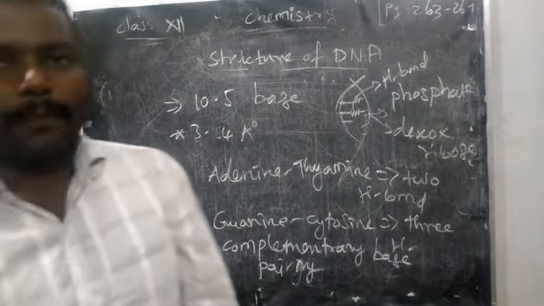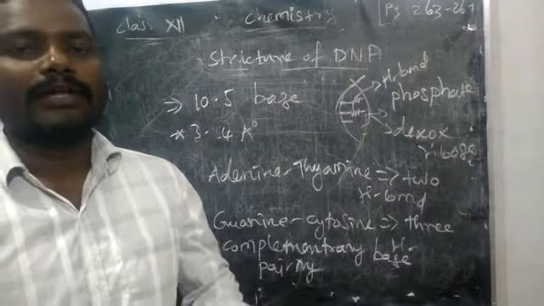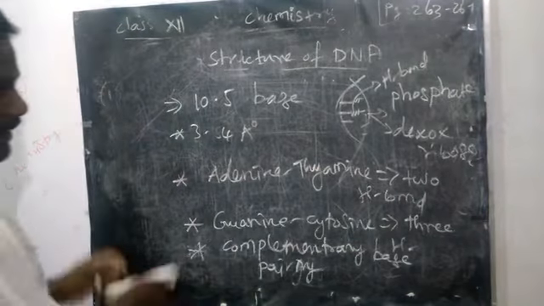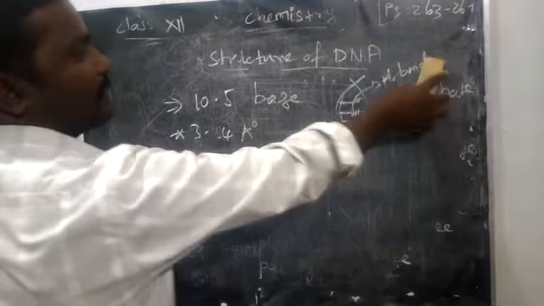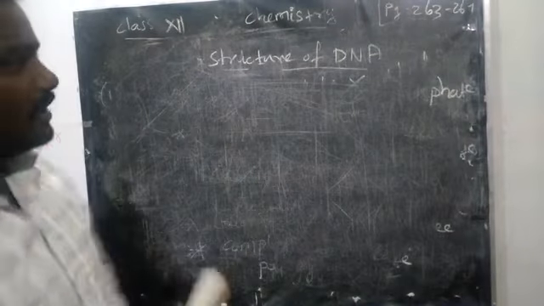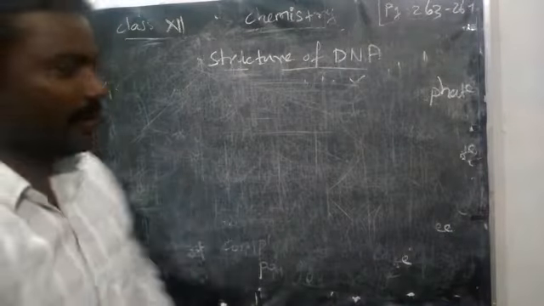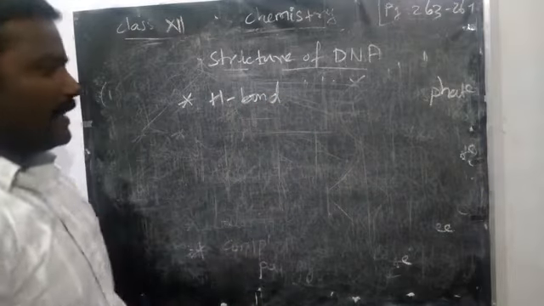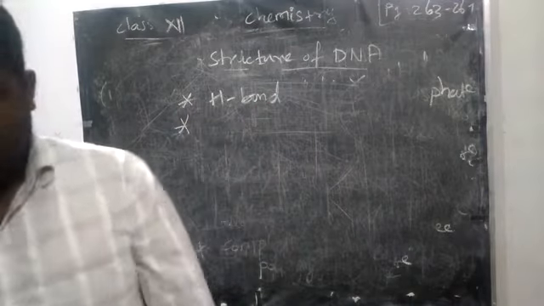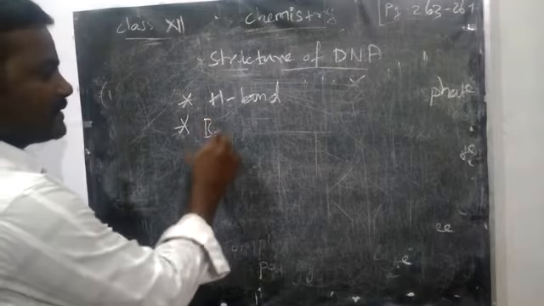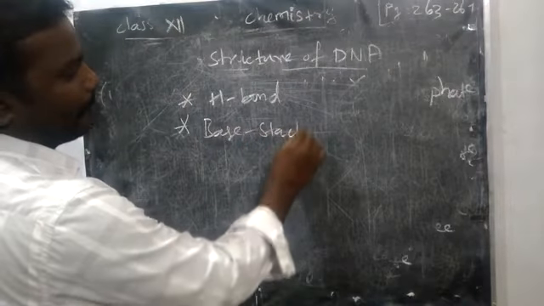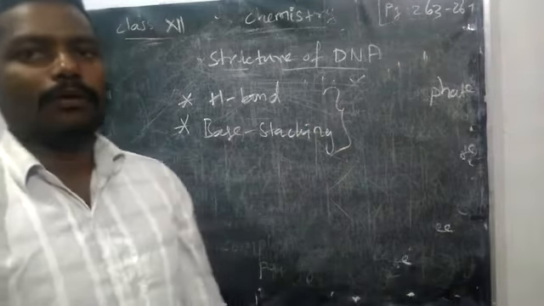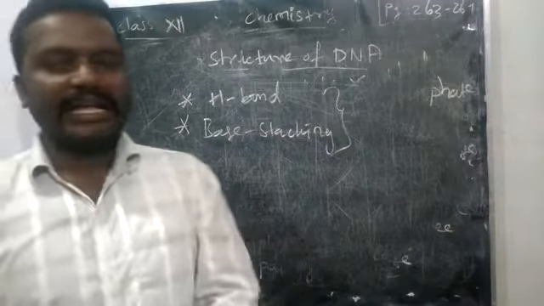So because of this complementary base pairing, they are forming the stabilized structure. Followed by, we must know what are the forces, or what are the things that make the DNA structure stable. One, as you know very well, is the hydrogen bond, right? And also one interaction we have, that is nothing but base stacking interaction. Because of these two, we can get the strong or stable DNA structure.